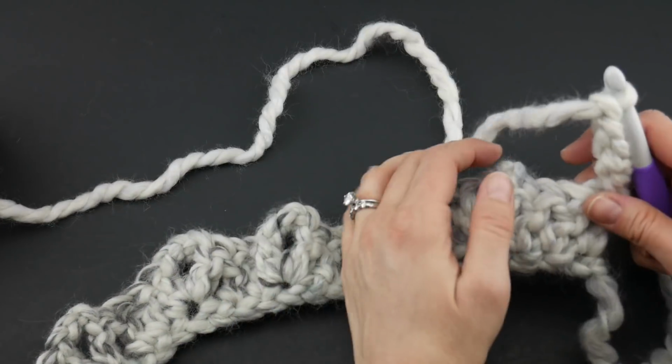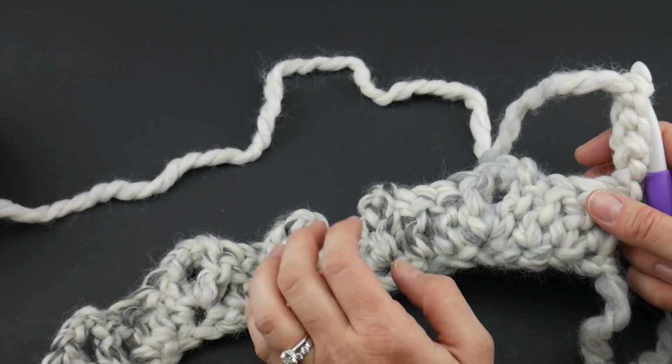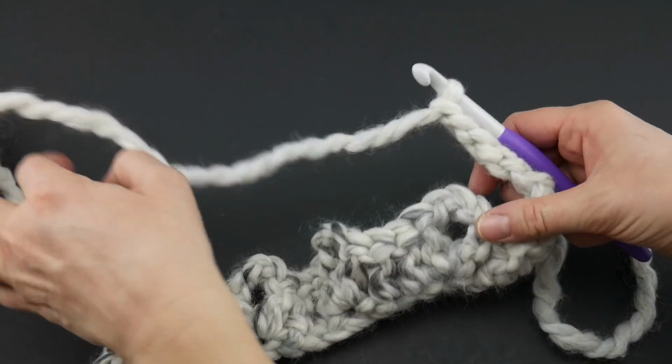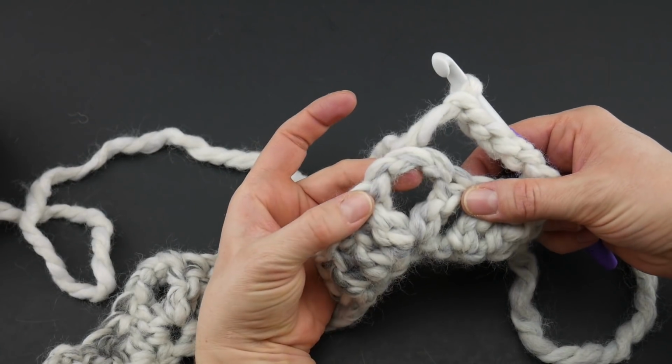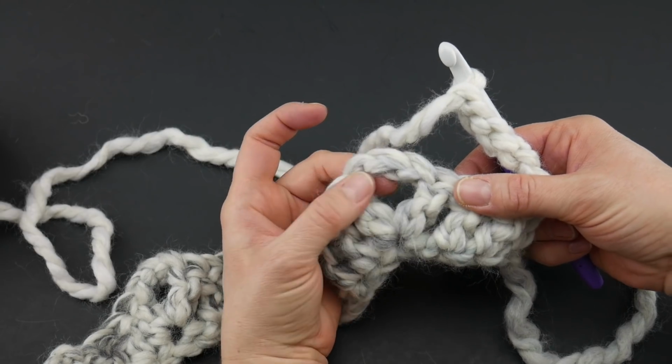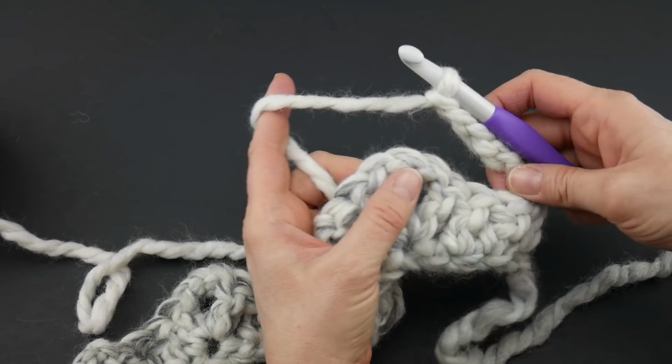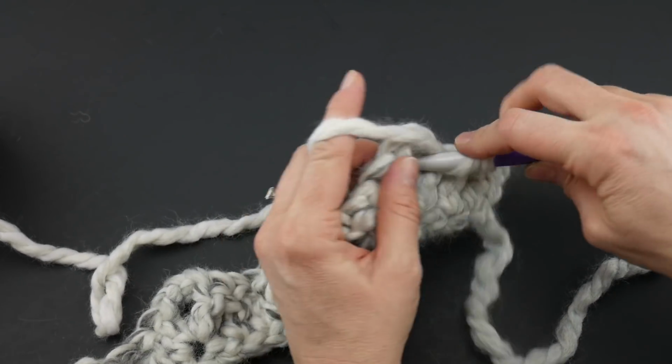Then what we're going to do, instead of counting chains, it gets a lot easier. That first row, you do a lot of counting. The second row, you're just going to locate these spaces. Remember those chain 3s that we did? They created a space. So I'm going to refer to that as the chain 3 space. So in that chain 3 space, we're going to work 3 double crochet,